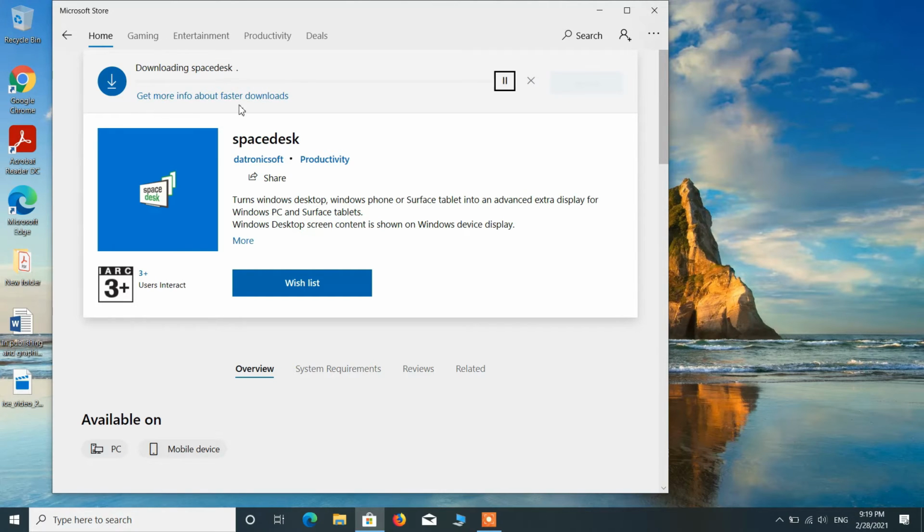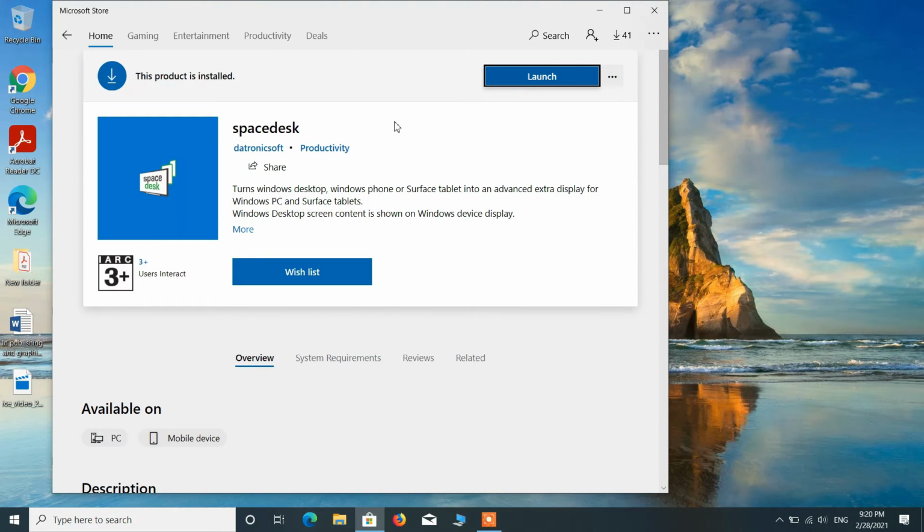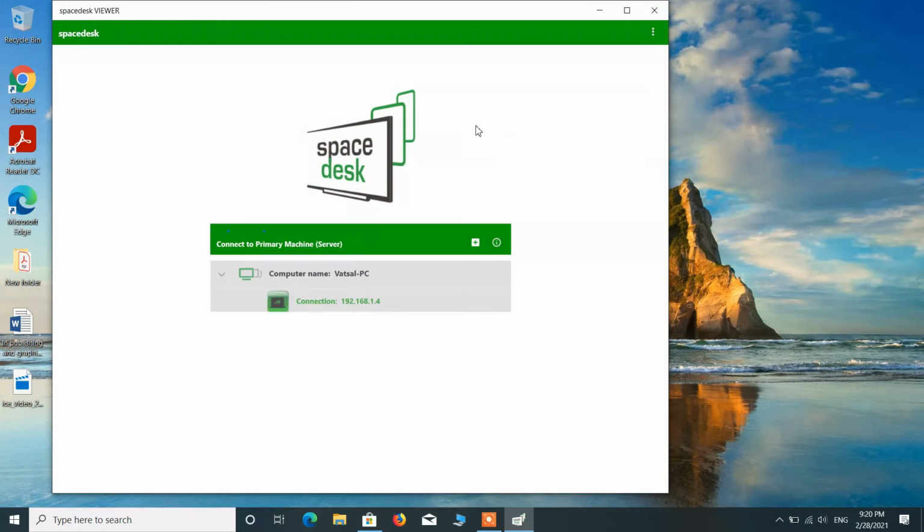So it has started downloading it. If it asks you for the Microsoft login, then just close that window. So the Spacedesk app is now installed. Just click on launch button to launch it.